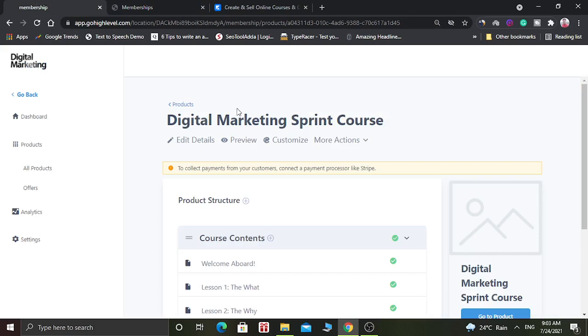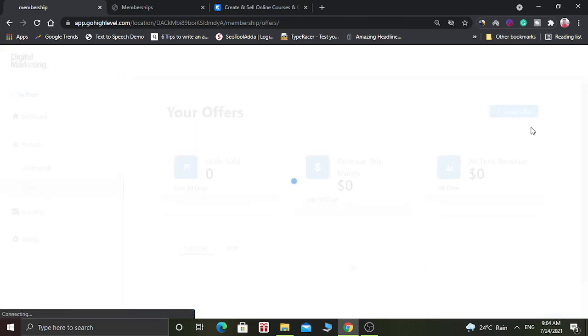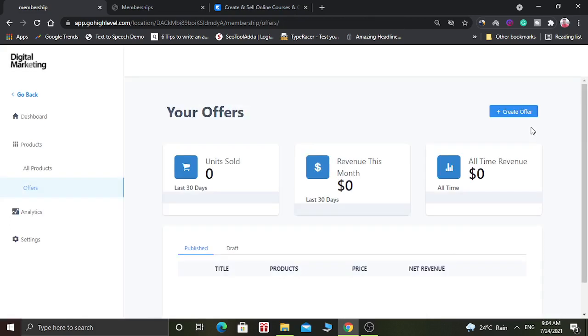So now let's see what other things are available in this Go High Level membership site. In the offer section, you can create new offers. Offers are basically the price of the course.